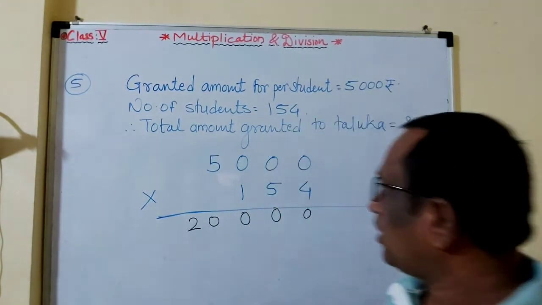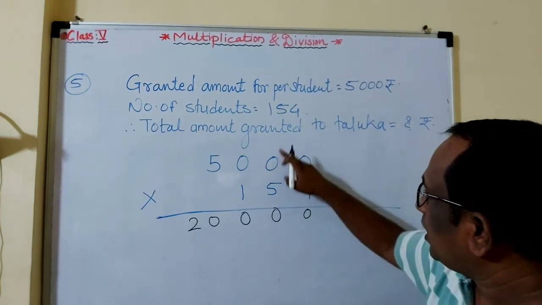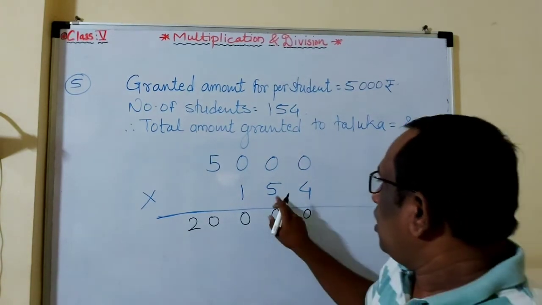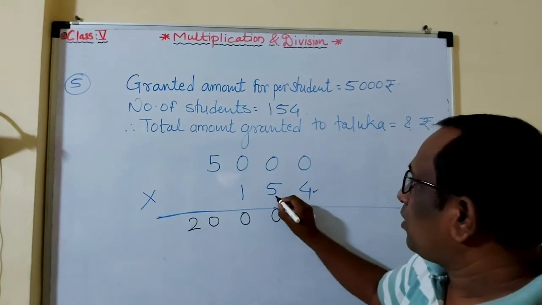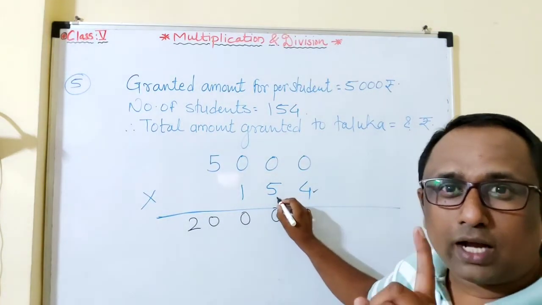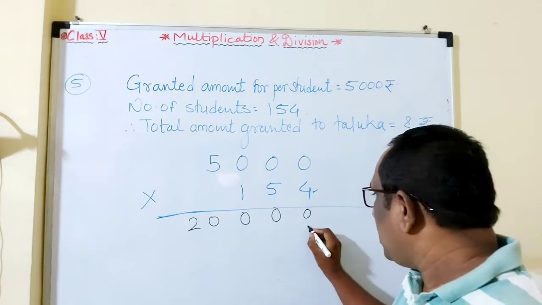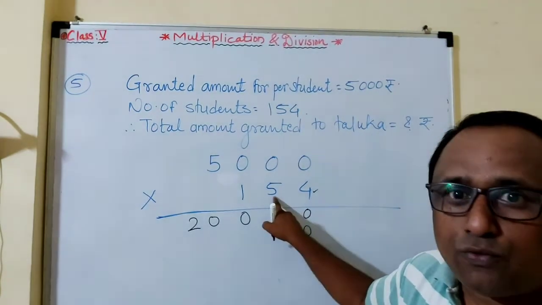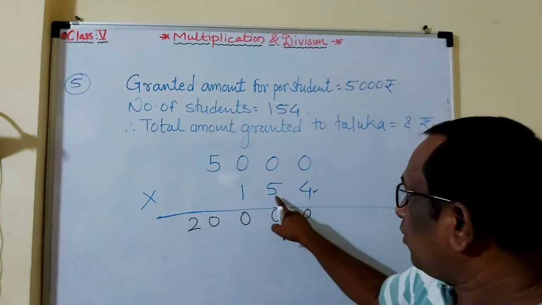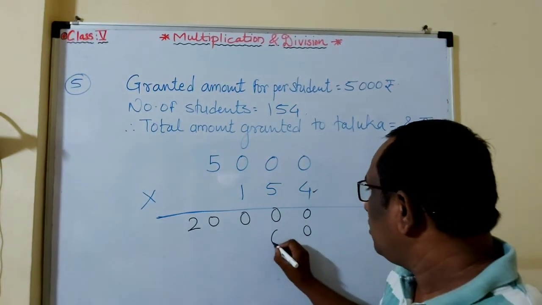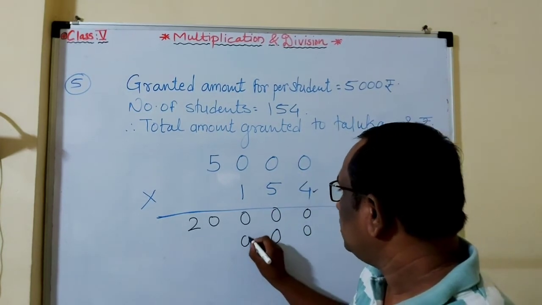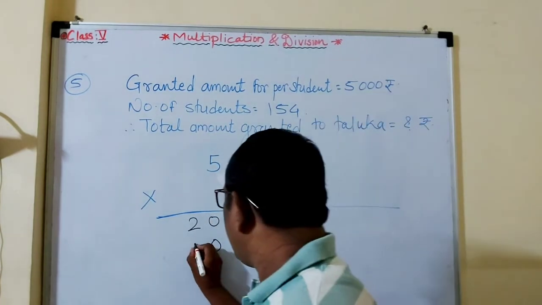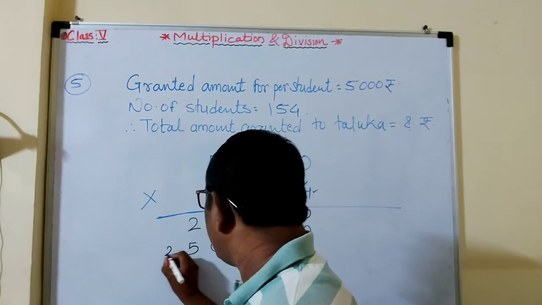See how I write unit place, ten's place, hundred's place, thousand's place and ten thousand's place. Now we multiplied by unit place. Now we are multiplying by ten's place. As I told you, ten's place means first we have to give 0 because we are multiplying by ten's place, and here at the ten's place is 5. So first give 0, then multiply. 5 zeros are 0, 5 zeros are 0, 5 zeros are 0, 5 fives are 25. 25 means 5 remains here and 2 here.